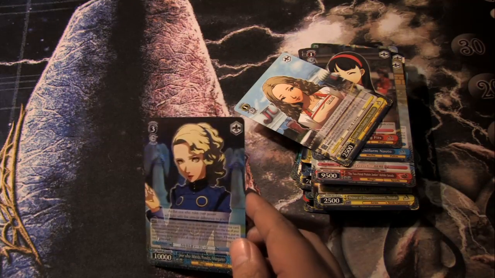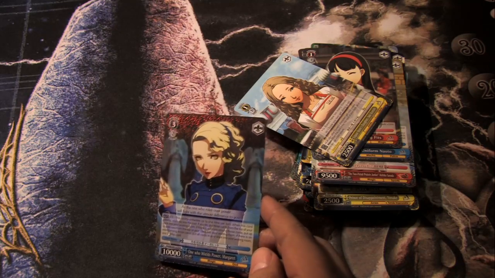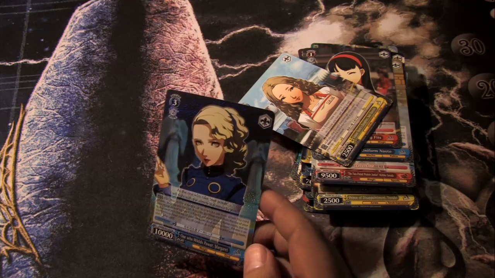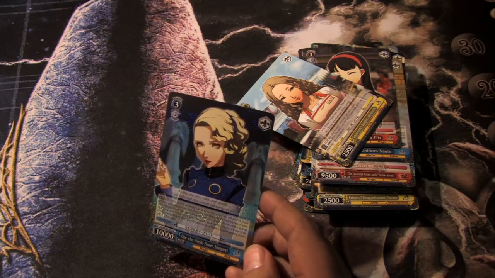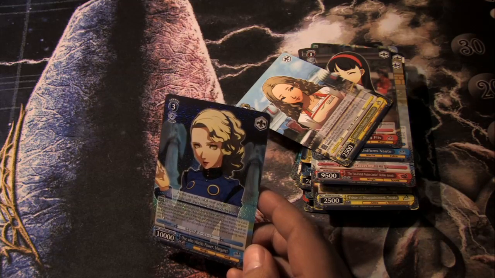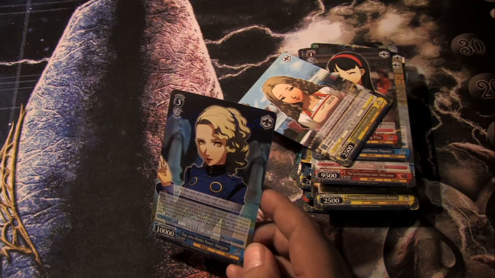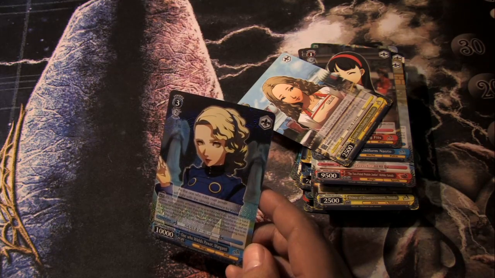Oh, nice. Here we go. So we have a level 3 Margaret. This is actually only single rarity. Believe it or not, this is not a double rare from the set. Let's see. This ability activates one time. When this card attacks, you may pay the cost. If you do, put 3 cards from the top of your deck into your waiting room. If one of them is a climax, put the cards in your stock into your waiting room and...